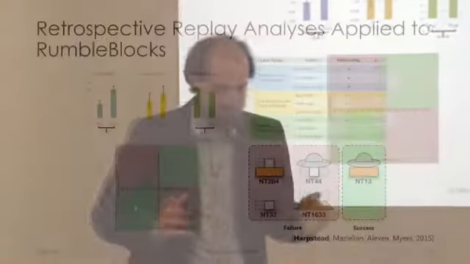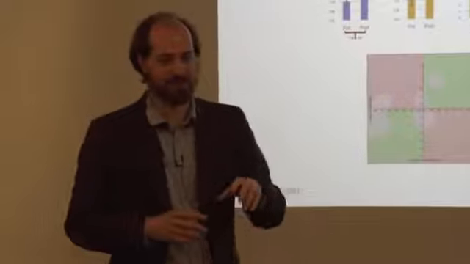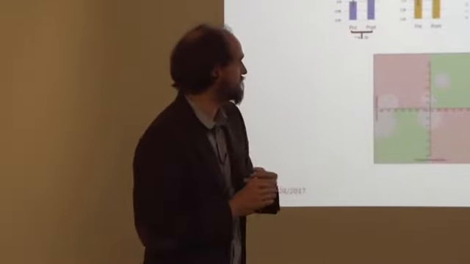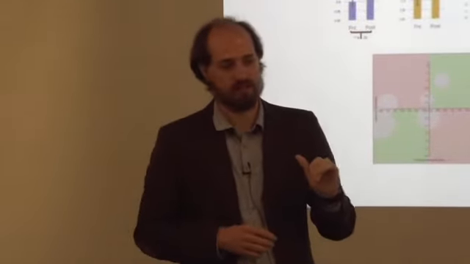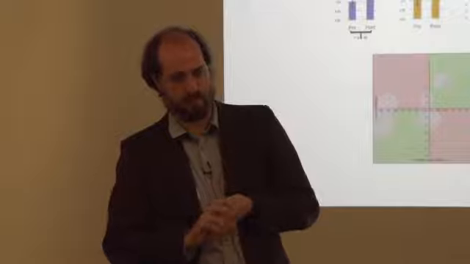And so I've used this process, what I call a retrospective replay analysis on Rumbleblocks, to do lots of different kinds of stuff. I'm just going to briefly whirlwind through some of this, but essentially, the 3 main goals in Rumbleblocks are teaching kids that things with wider bases are more stable, things that are symmetrical are more stable, and things with lower centers of mass are more stable.